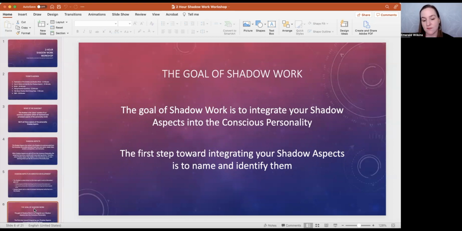And so basically the first step toward integrating your shadow aspects is to name and identify them. This can be a little bit tricky, because if you're not aware that it's there, how can you name it? The analogy that I would give is, let's imagine that there is a big room, and someone takes a chair out of the room. A day later you stumble upon this room and you go in there, and someone asks you what's missing from the room. You're probably not going to be able to tell them the chair because you didn't know the chair was there